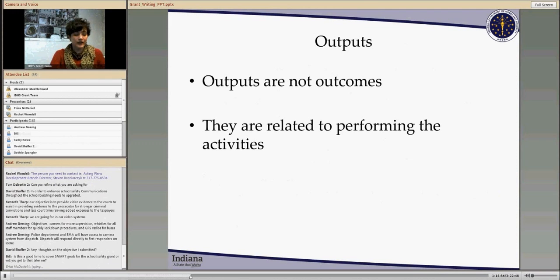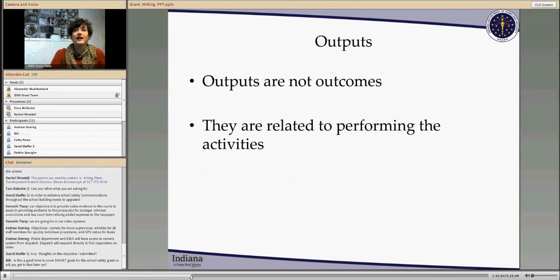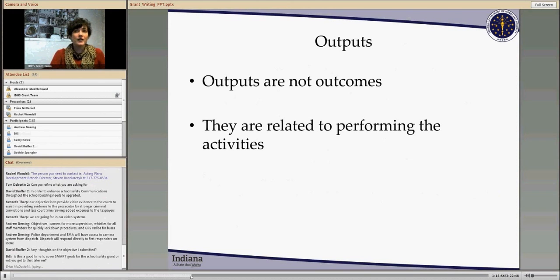Outputs are important because you don't want to confuse your outputs with outcomes. We don't have a lot to say about the outputs, but the end result of going through an SRO hiring process is that you have an SRO, which is fantastic. But having the SRO is not an outcome. Just having that person